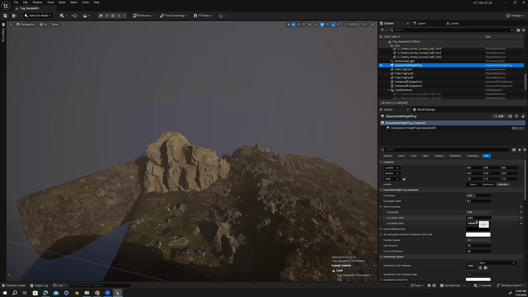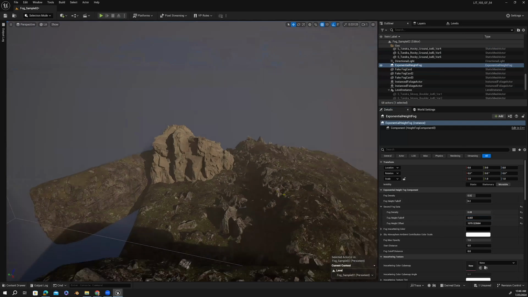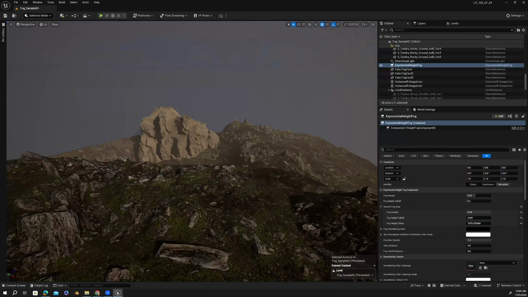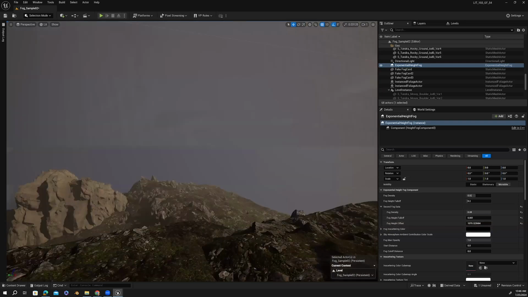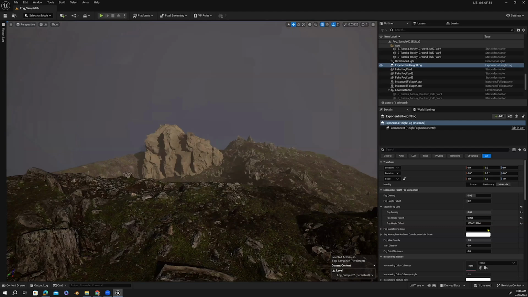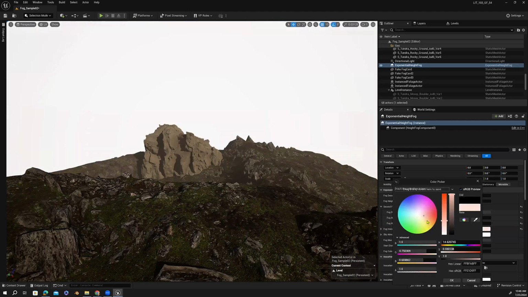So that secondary data, I can mess with the offset. I can mess with the height fall off. And you can actually get a stronger ground plane. Notice it's not as foggy here, but foggy over here. You can have it so that that's pushing a bit harder. Now, there's a thing called fog inscattering color. It's black, and that means it's going to pluck the GI from my environment. If I change this color